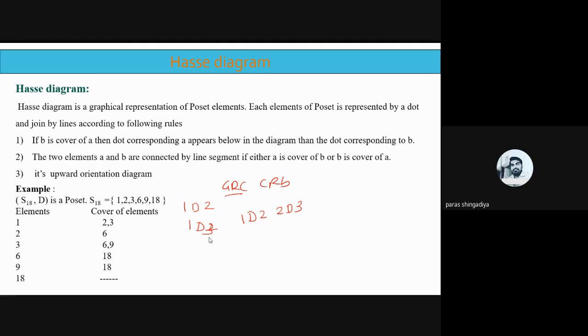If you consider the value 2 as C, then 1 divides 2 and 2 divides 3. So 1 divides 2 is the correct form, we can divide 2 by 1, but 2 divides 3 is an incorrect form. That is not possible, we cannot divide 3 by 2. Clear? Therefore we cannot consider 2 as the counter example of C. So there is no third entry which we can consider as C. So 3 is also an answer, and 6 is not an answer, because we can consider 2 as well as 3 as counter examples of C: 1 divides 2, 2 divides 6, otherwise 1 divides 3 and 3 divides 6. Clear? Then for 6, the same argument applies, and 18 is also not possible.